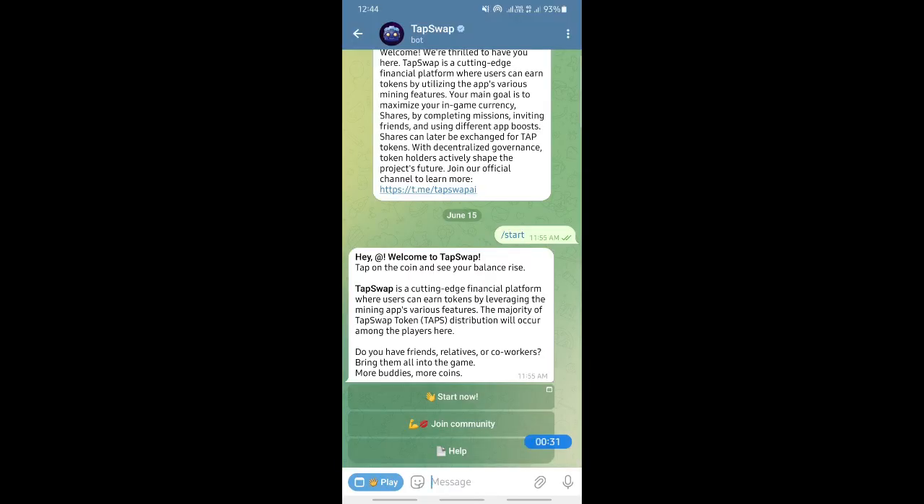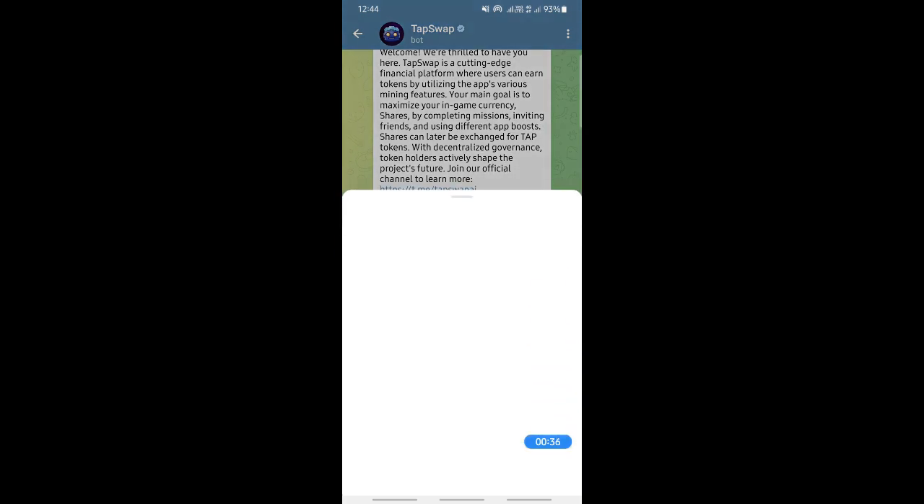Open up the Tapswap bot. Go to your Telegram, search for the bot and open it up. Click on start, and get back to launching the Tapswap bot. Once this loads,